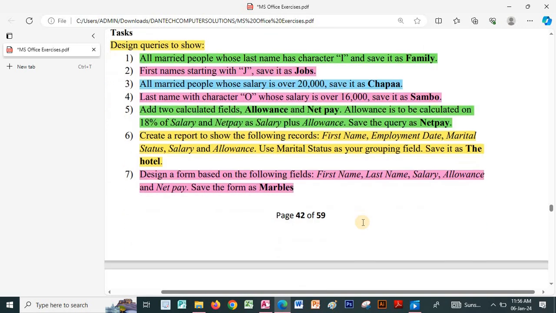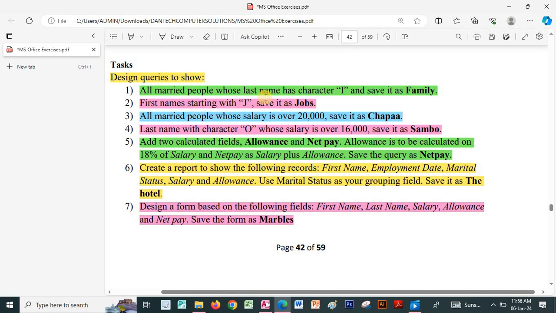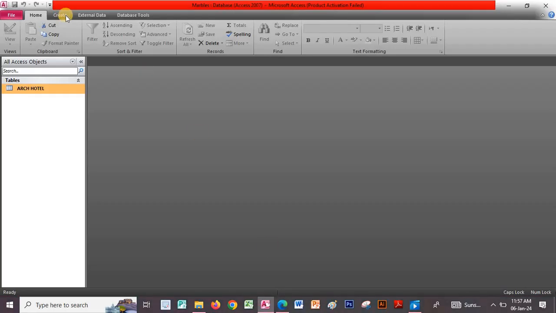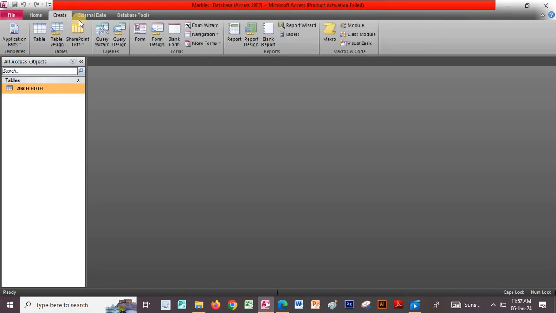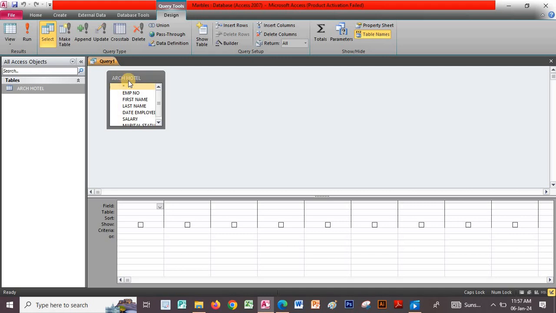Design queries to show the following. Number 1, design a query to show all married people whose last name has character I and save it as family. So we go to create, then we click query design, we click add, then we close, we double click the header, then we drag down all the values. So we design a query to show all married people. Married is under the marital status, so we click on marital status, then we type the letter M to show married,